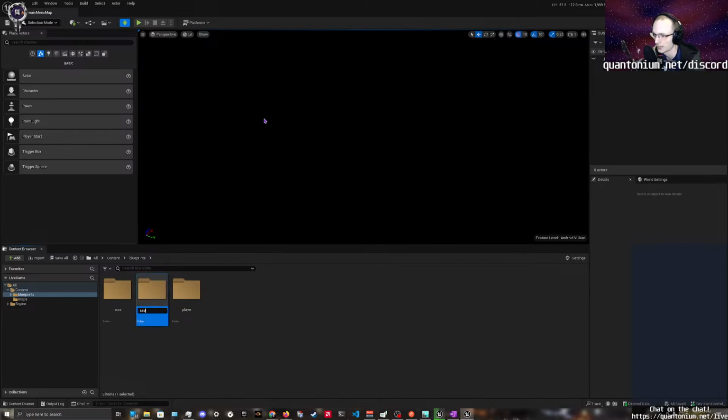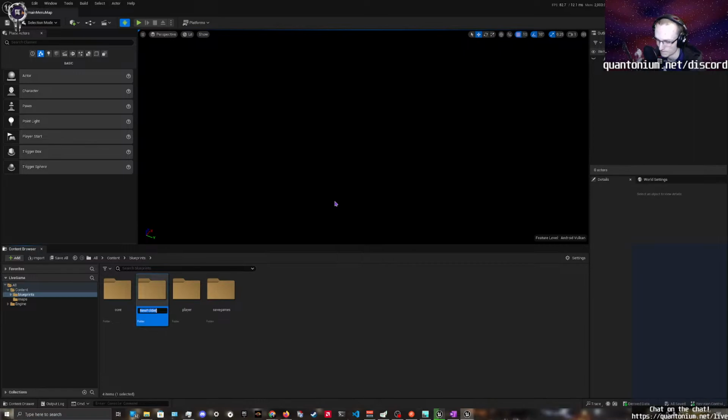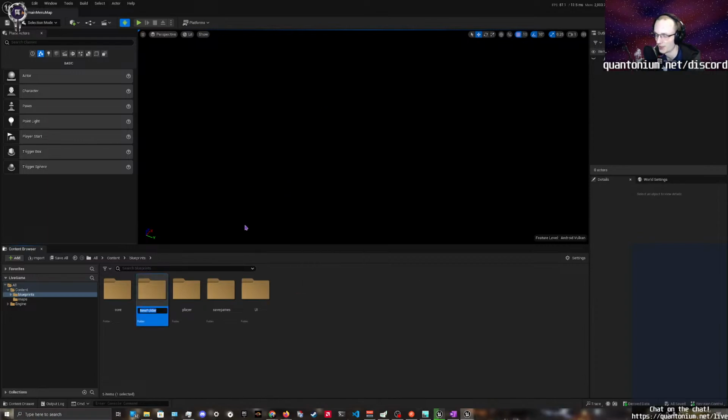We'll have save games. I'll go over in a later stream what save games are, but they're pretty much a way to transfer data as we load different levels, or if we need to save anything per player. That's how we're going to be doing it. And then do a UI folder. This is where we're going to store all the Blueprint widgets. And then last, we're going to do map